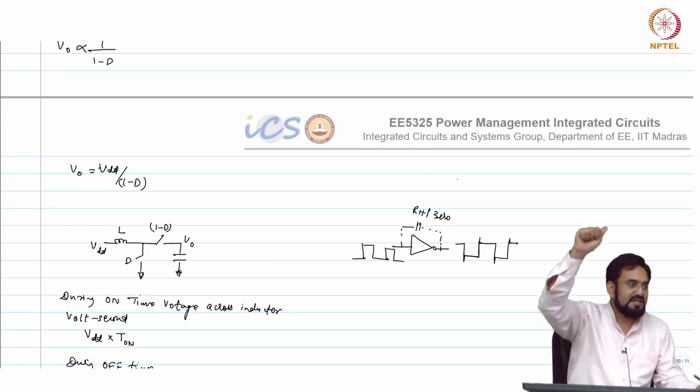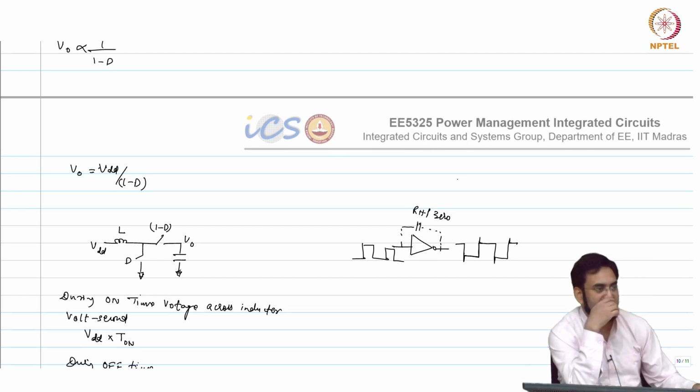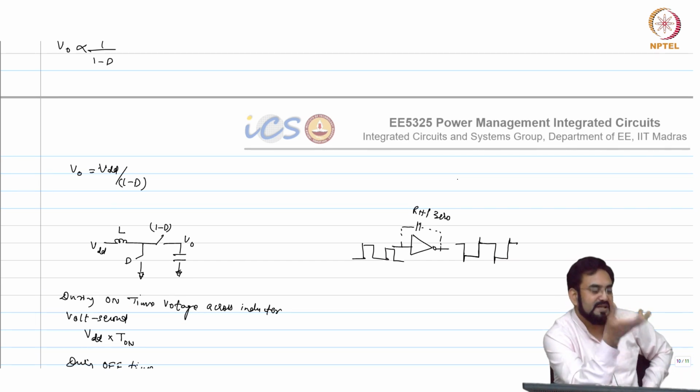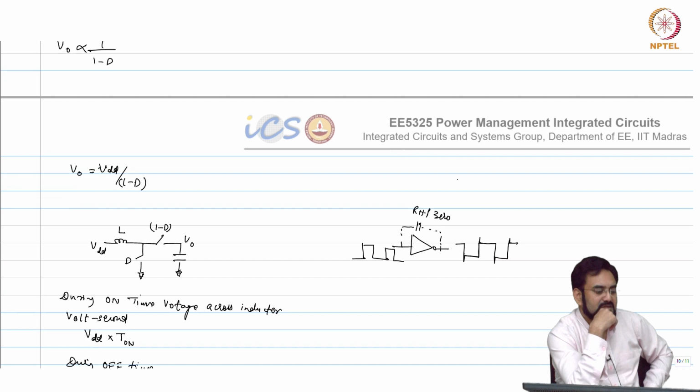So I am trying to change the duty cycle, increase the duty cycle. What do I expect? My output to increase or decrease? That is what I expect. But in this case, will it increase or decrease? Depending on the overshoot and undershoot, the average voltage will change. Forget about undershoot, overshoot is a transient thing. I am simply changing the duty cycle to change the output. I am not even looking at the load transient or anything here. I want to just change the output.